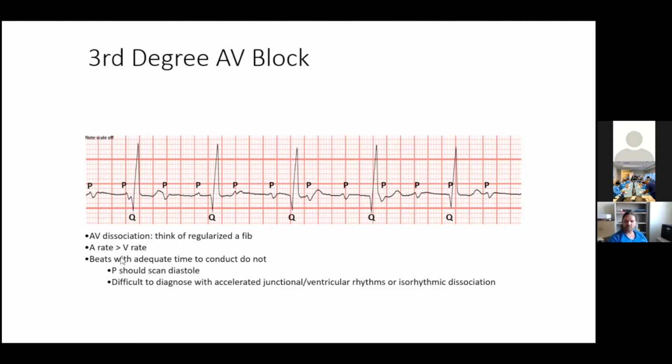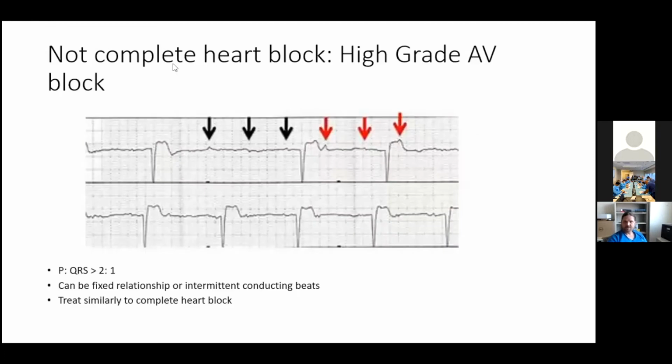So this third rule makes it difficult to diagnose complete heart block when you have accelerated junctional or ventricular rhythm going on, or if things are marching out close in time with isorhythmic dissociation. So these are things that aren't quite complete heart block. Here we have high-grade AV block. This is treated similarly to complete heart block, but there is a variation in how beats are getting through. Sometimes there's more block than other times,